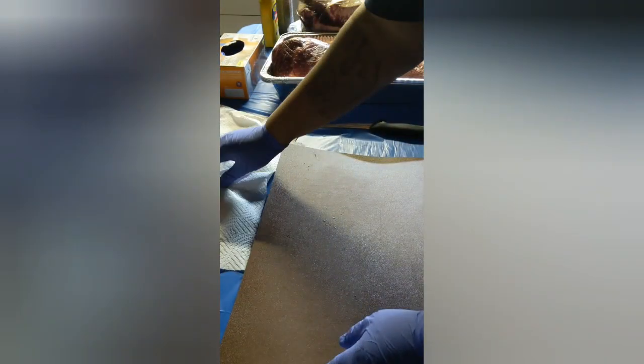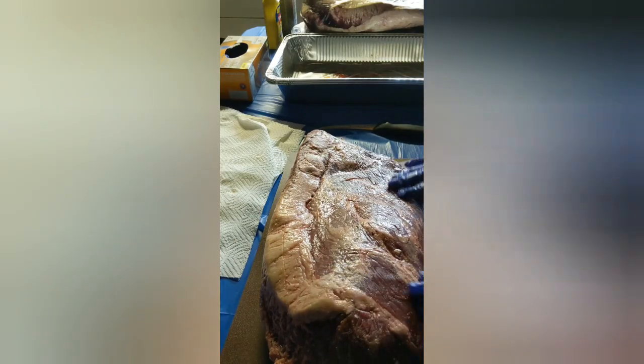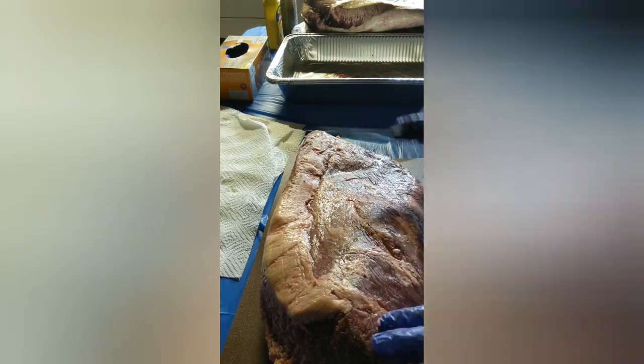That is something way more technical than that, and you don't have to be afraid of it, especially if you're a person who follows certain religious standards. So what I'm going to do here is just give you a brief rundown. I don't know the technical names, so I'm going to call this hard fat. I'm going to trim this hard fat, clean up some of this soft fat here,